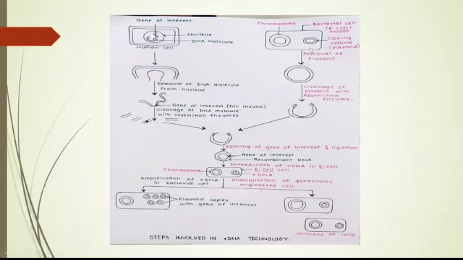The plasmid that we obtain from the bacterial cell, Escherichia coli, is nothing but a cloning vehicle, and that is the extrachromosomal material which is present in the bacterial cell. In the next stage, we remove the plasmid from the bacterial cell, and the cleavage of this plasmid is obtained with the help of restriction enzyme. The sticky ends of vector DNA and the DNA fragment of interest are joined with the help of the enzyme DNA ligase. This process is called ligation.